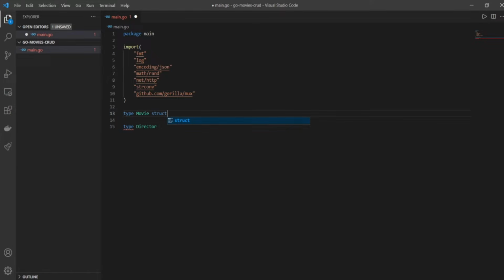Okay, and movies and directors are going to be associated in the sense that every movie has a director. That's how they're going to be associated. So movie will have multiple other things. It'll have an ID, which will be string, right? And then you put this character, which is I think called caret. I'm not sure. This is directly below the escape button on your keyboard. And then you say json,